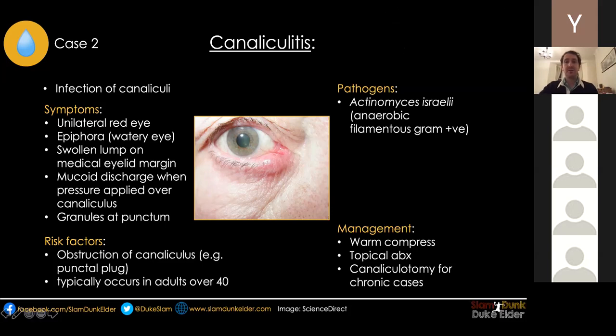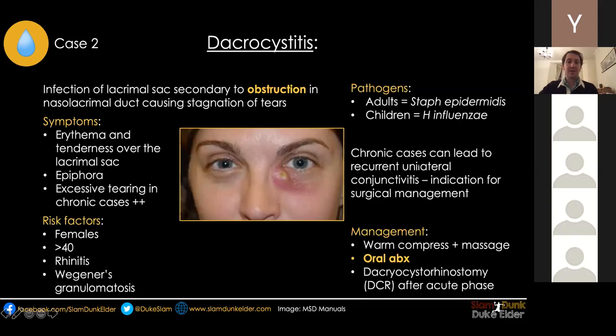So, more chat. Okay, so this is the other differential that you guys were mentioning earlier: dacryocystitis. This is a little bit lower down in your lacrimal system. It's also caused by an obstruction, and this is an infection of the lacrimal sac. Symptoms include erythema and swelling over the lacrimal sac,